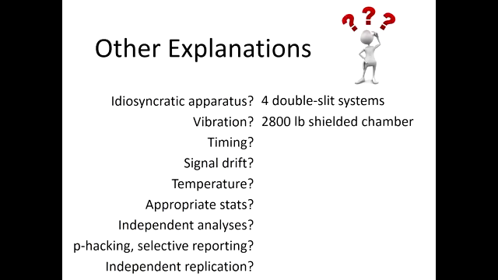Vibration is always a problem when you're dealing with interferometers because it's extremely sensitive to vibration. Most of our experiments were conducted inside our electromagnetically shielded chamber, which is solid steel, double-walled, and 2,800 pounds. So normally you'd have an optical table, a very heavy one, that would damp out vibrations. In this case, it was as though we were running inside an optical table, because a 2,800-pound table is very good at damping out vibrations.